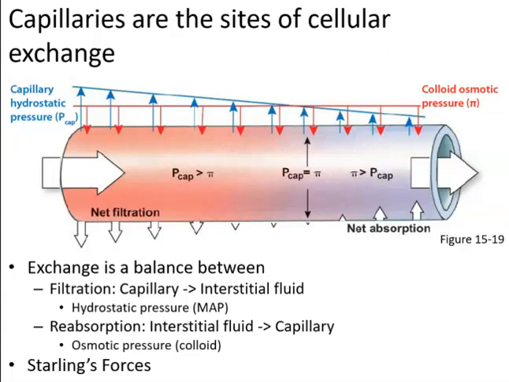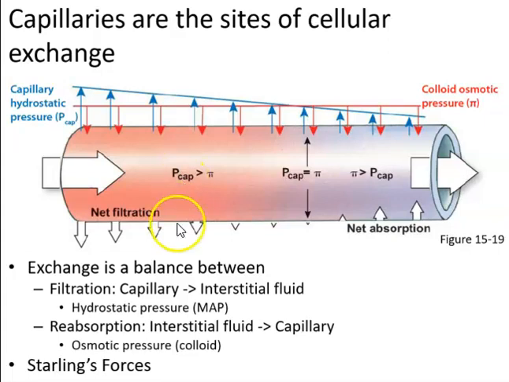And these two sets of opposing forces are called Starling's forces. Okay, and this is what we were talking about in lab. These are the forces that are either encouraging filtration or encouraging net absorption. And we can see on the arterial end, we want filtration of fluid into the interstitium because it's this fluid that will be delivering the nutrients and the oxygen to the